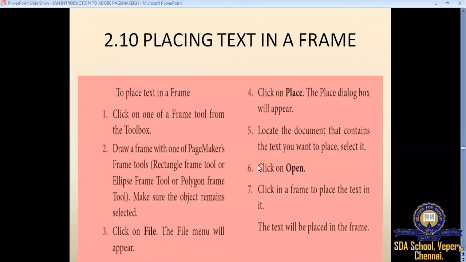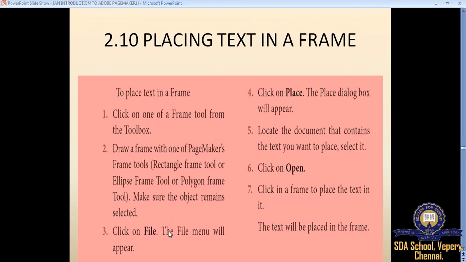Okay. Now how will you place a text in a frame? There are points given. Let me read out the points. First, click on one of the frame tools from the toolbox. Draw a frame with one of PageMaker's frame tools.